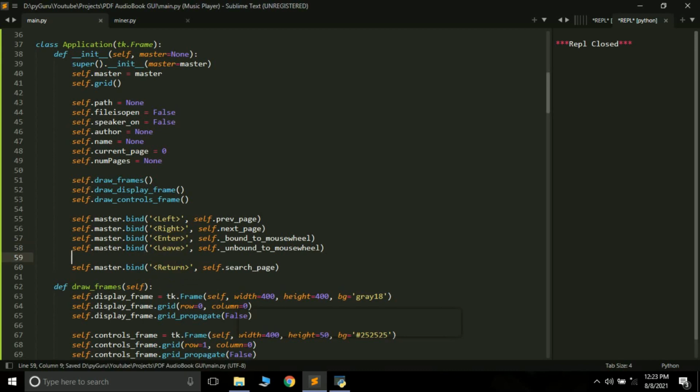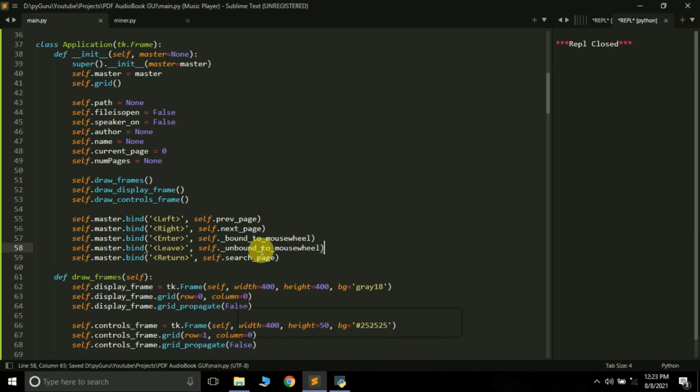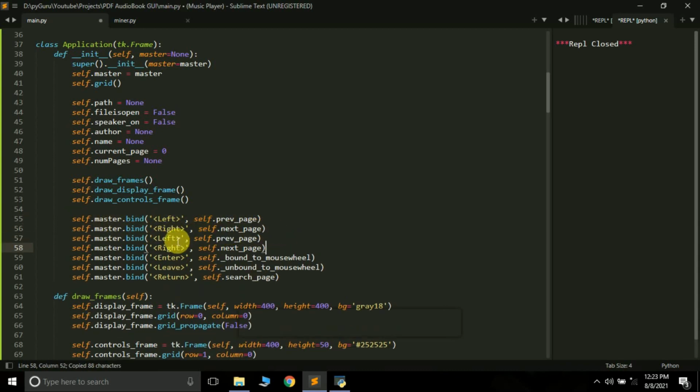The only thing we have to do is bind the up and down buttons too. So we will bind it here. So self.bind, let's just copy this and paste it here. We want to bind with the up key and then the down key. What functionalities do we want to bind? Here we want to bind go up, and here we want to bind go down. Everything should work fine now, and this will be the end of our tutorial.